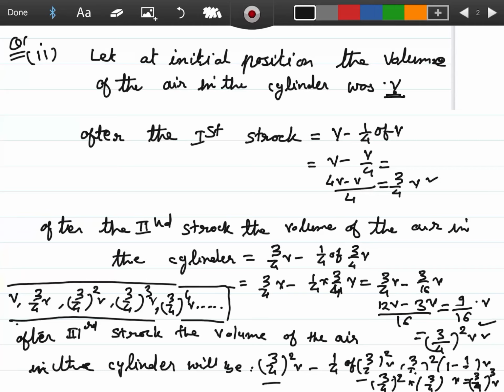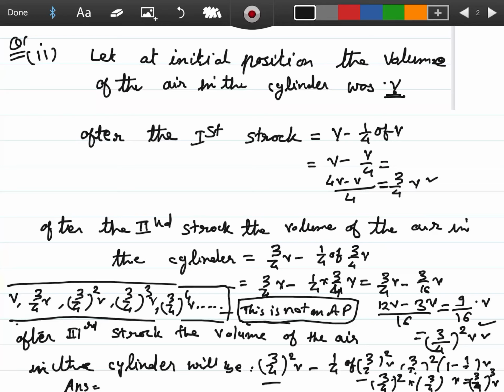And this will not be in AP. Answer क्या आ जाएगा? A sequence will not be in AP. So this is not an AP. आपका ये हो जाएगा आंसर कि ये एपी में नहीं है, क्योंकि इनके बीच का कॉमन डिफरेंस क्या हो रहा है? This is not the same. So in this situation the sequence we are getting is not in AP.